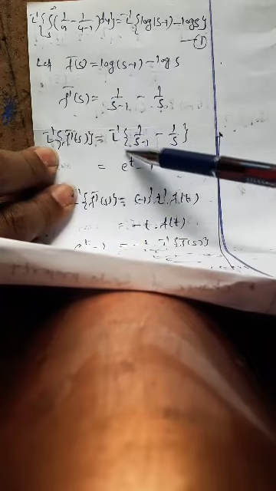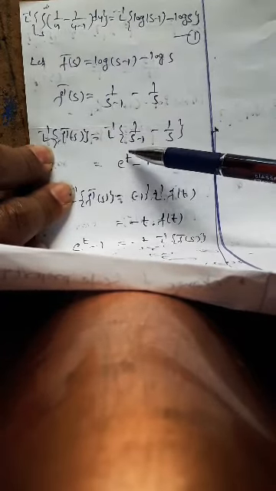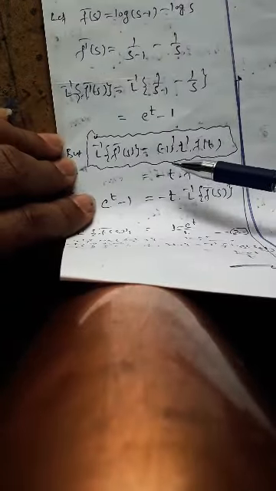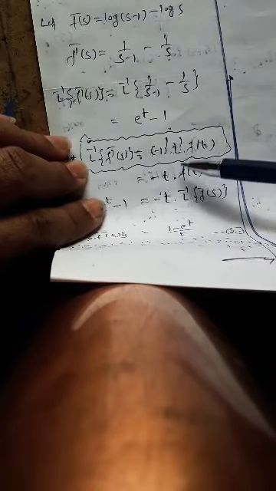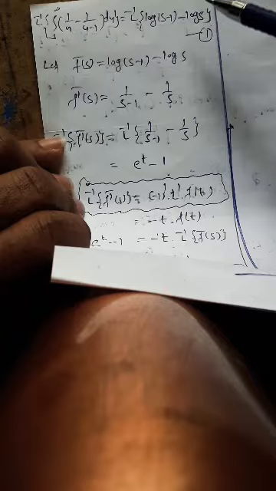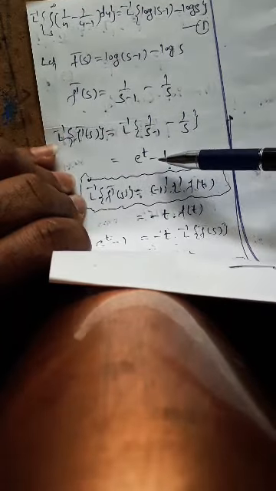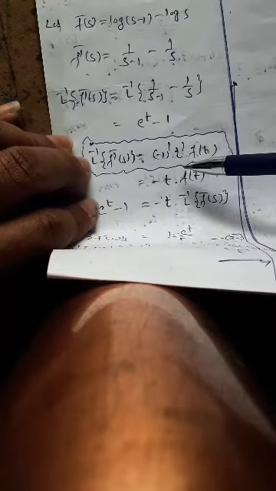Now taking inverse Laplace on both sides, L inverse of f dash bar of s, L inverse of this one is e power t minus L inverse of constant by s, that is 1. But we have the formula, the same formula we used here. L inverse of f dash bar of s equals minus 1 power 1 t power 1 f of t, that is minus t f of t. So already we have done L inverse of f dash bar of s is e power t minus 1, substituted here, that is equal to minus t f of t.